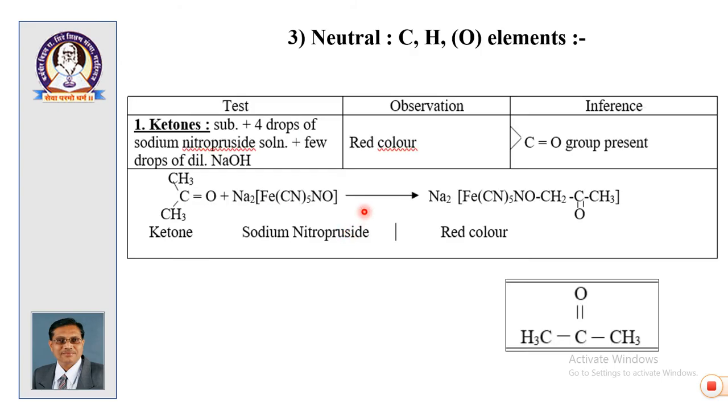Then for CHO elements, neutral compounds, the most simple compound is ketone. Compound plus 4 drops of sodium nitroprusside gives red color, then it is a ketonic group. The ketonic group is acetone. Okay. This is the reaction which is possible in this case. This is the structure of ketone. So, in the beginning I mentioned that acetone is a water soluble compound and neutral to everything, neutral to red litmus, neutral to blue litmus, neutral to FeCl3. If your compound is water soluble and if it is neutral to litmus and FeCl3, then it is acetone. So, you should not try for the solubility test.